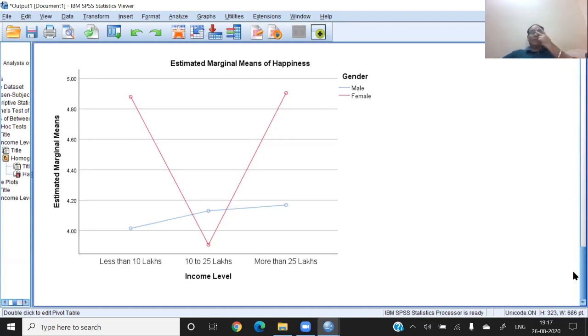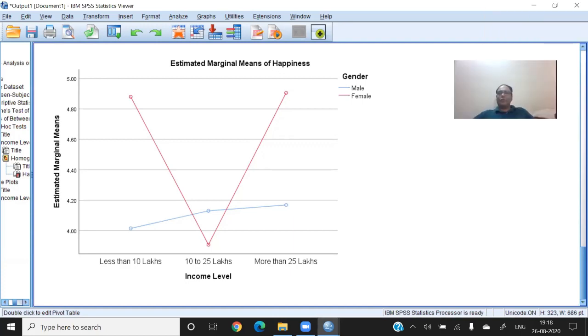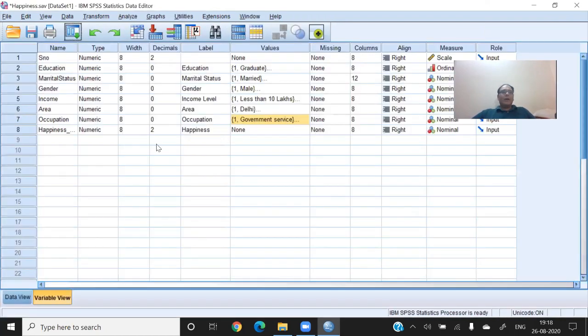Now I will show you one more example so that you can understand the purpose of two-way ANOVA. I hope this example is clear to you. It's not very difficult. If the concept is clear, then the results are very easy. So I'm taking one more example. Let me take the income and marital status. So let's see the marital status and the income.